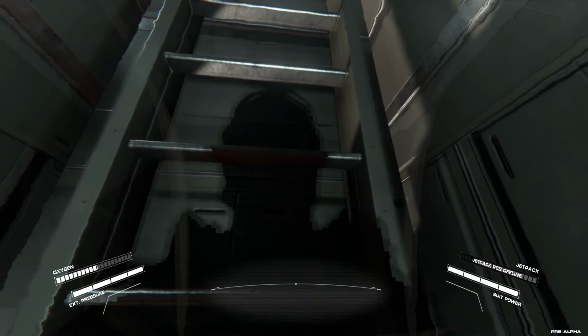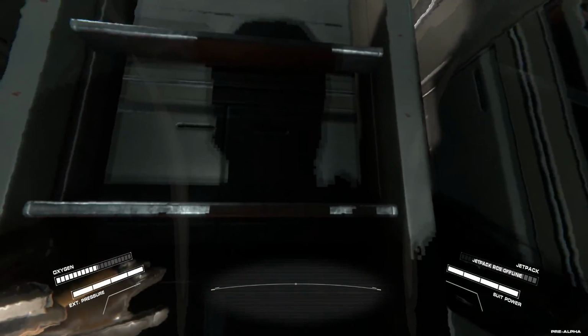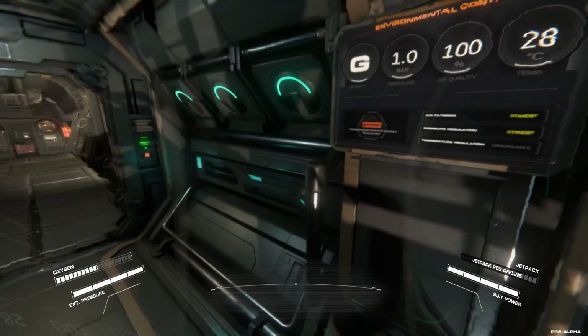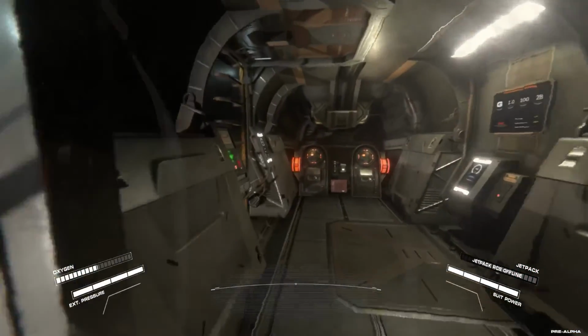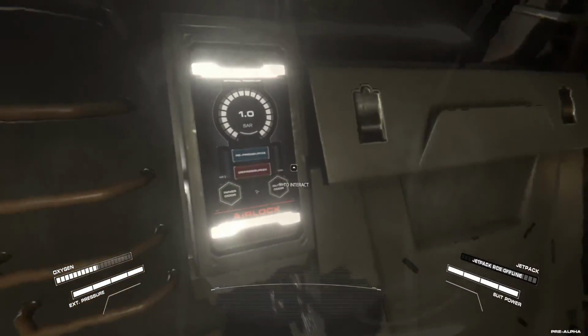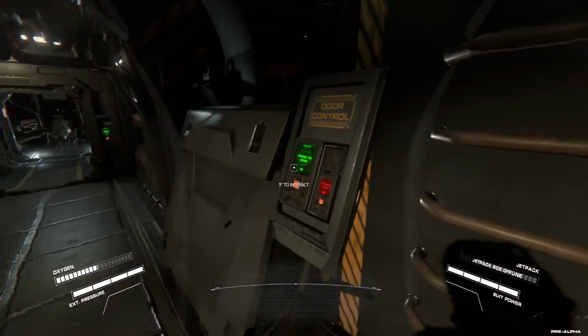I don't know. What we have decided here on the channel is we just turn off gravity and then float up and then turn gravity back on. That is an excellent way to do it. Hey, it's problem solving, man. Okay, so we've also learned that if we open up the door,